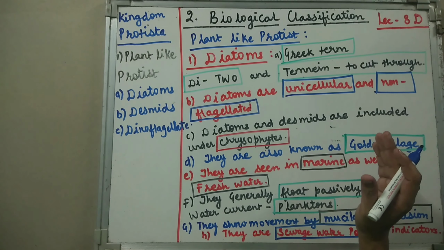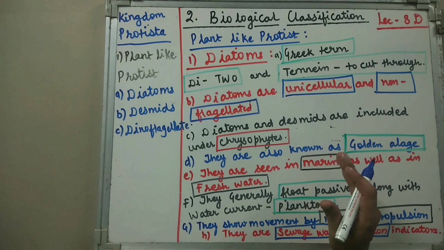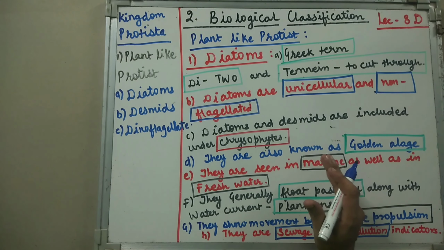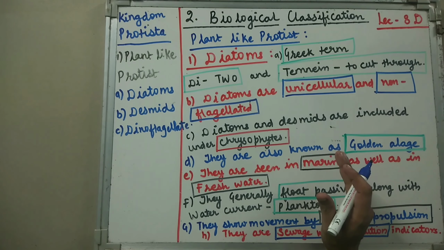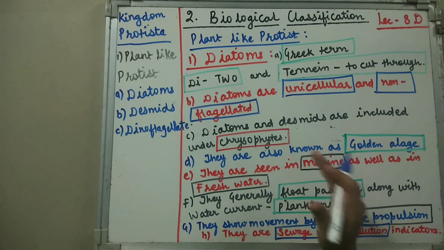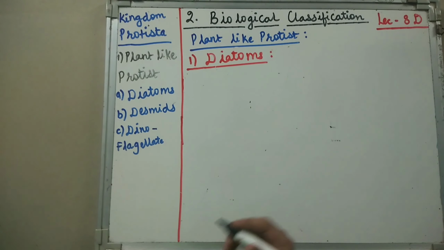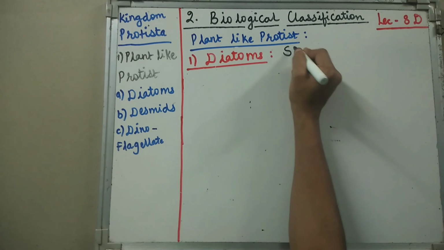We are going to continue with the topic that is known as biological classification. In previous class, we have covered the topic with respect to general properties of diatoms. In today's class, we are going to see the structure of diatoms. And we are going to discuss now about the structure of diatoms in detail. So let us now discuss about the structure